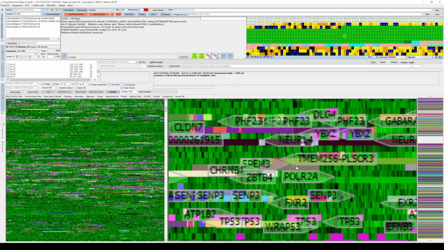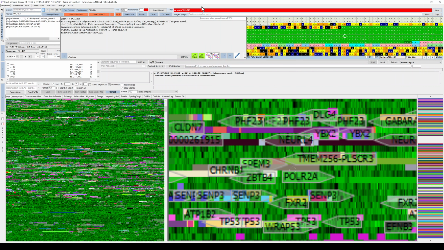There is a way to actually filter genes in the Visual Genome Browser. When you click on this filter field, it has this gene symbol filter. And if you click on that and you just start typing and you say polymerase R2A, it will filter all the genes that start with this name.